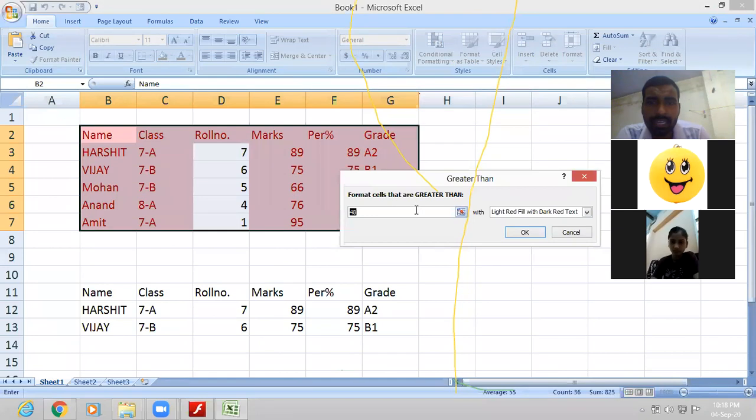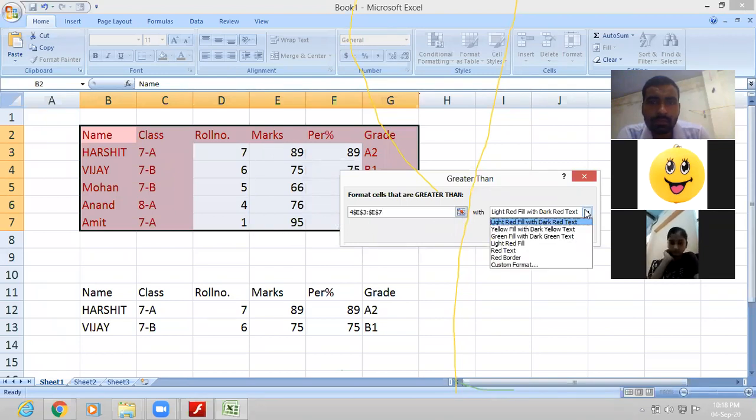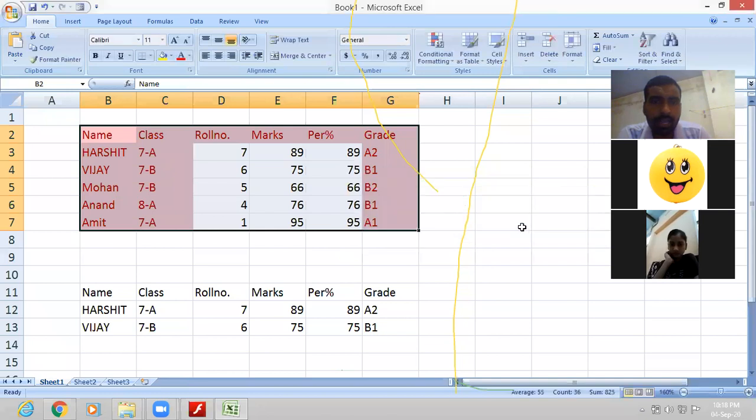So let us select greater than. Format cells that are greater than 48, or this one, let us select marks. Yes. Now click on OK.